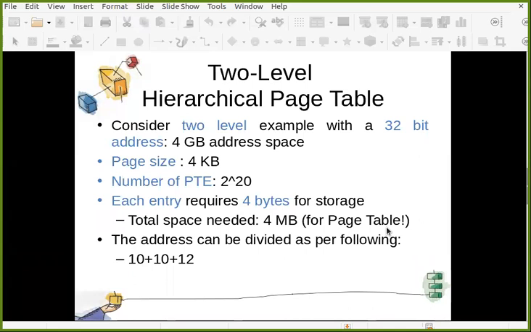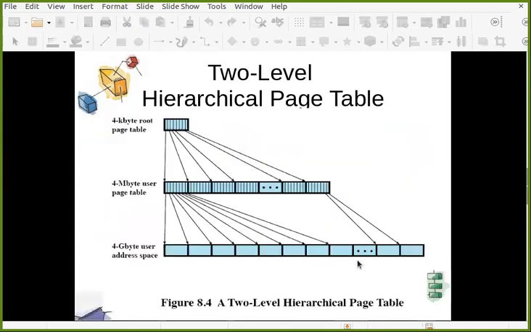Okay. And the address can be divided as per the following. Now let us try to understand what it says. This is your virtual address space, 4 GB virtual address space. And when I say virtual address space, you need to understand it is not RAM.